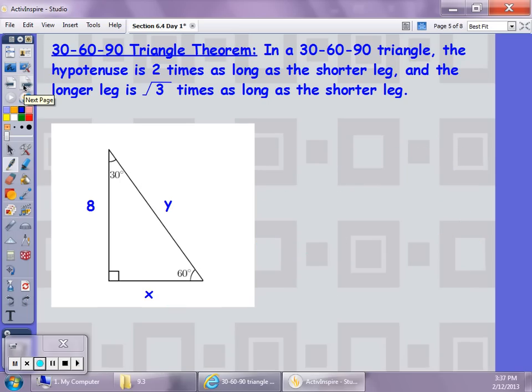Using the same equations, we can find the missing sides when we're not given the shorter side. So in this case, we're given the longer side, and we're going to work backwards to find the shorter side, and then use the equation that we know in relationship to the hypotenuse and shorter side to find the length of the hypotenuse. So from the previous slide, we know that the hypotenuse will always equal 2 times the shorter leg,